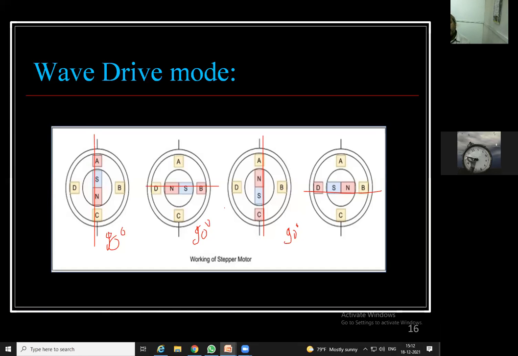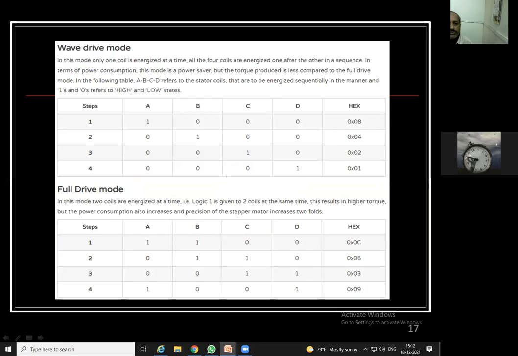So I think you got it, all these concepts of how to connect the DAC, ADC, the keypad, and this particular stepper motor also. When we see the demo, definitely you will get a clear idea of how it is going to work over here. So this is what it is.